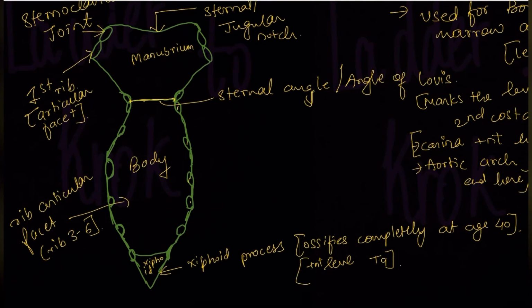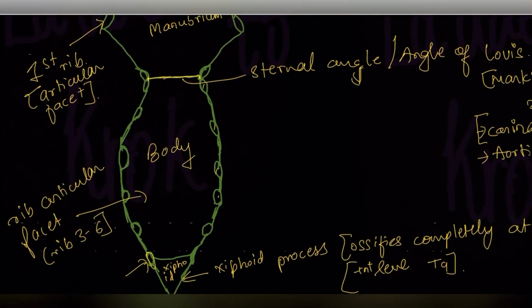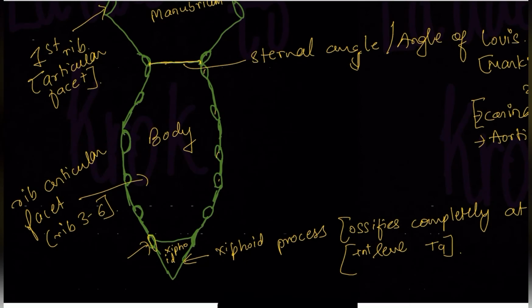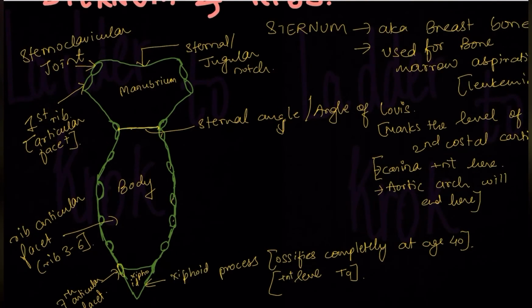And then you can see this in between, right? It is present on the superior aspect of the xiphoid and the ending place of the body. So this is the 7th articular facet. As I said before, this body has articular facets for rib 3 to 6. So the 7th is present very inferiorly to the body and superiorly to the xiphoid. The rest of the ribs, from 8 to 10 exactly, will attach to the 7th rib's costal cartilage. We'll be doing this when we do ribs. So for now, just know that the manubrium, body and xiphoid process are done.